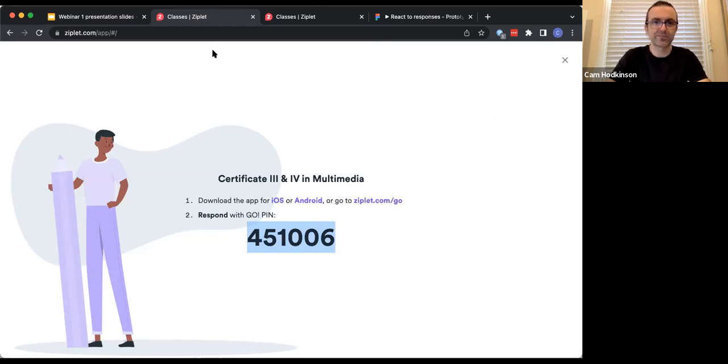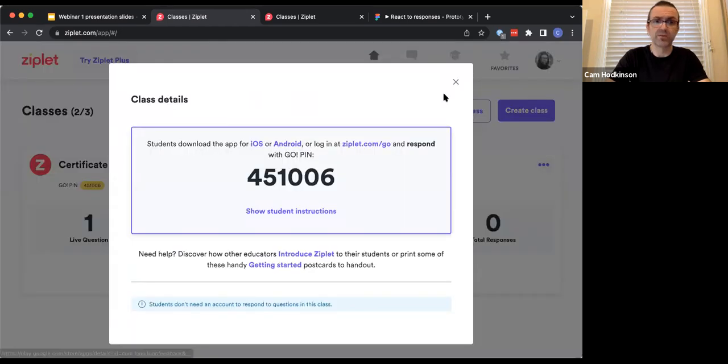The link and code is also in the chat if anyone needs to grab it from there as well. Oh, fantastic. Incidentally, copying and pasting the code into the pin response on ziplet.com/go is probably the quickest and easiest way of entering that pin.